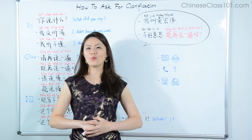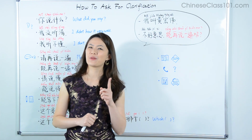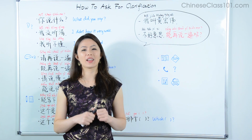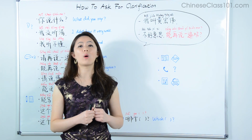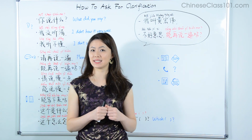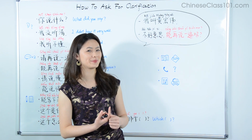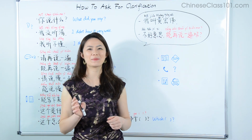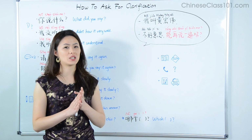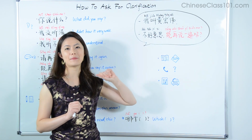我叫黄宏伟啊，不好意思，能再说一遍吗？One more time, a bit slower. 我叫黄宏伟，不好意思，能再说一遍吗？